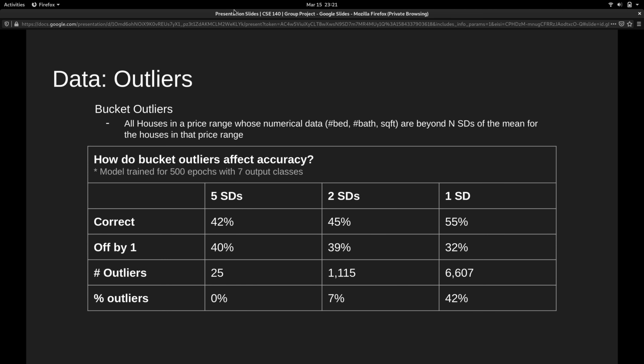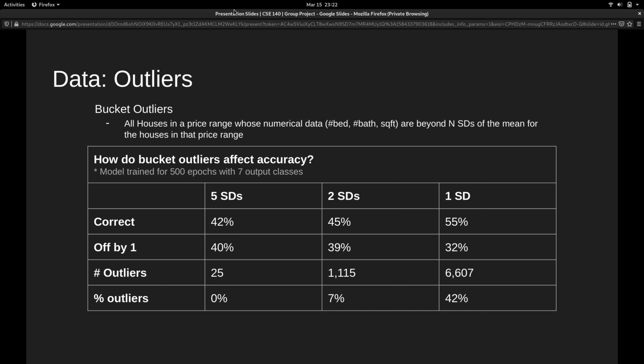And then our data was pretty noisy, and there were a lot of entries that didn't fit the price ranges that they were categorized at. So for example, if you have a house that costs $1.5 million but only has one bedroom, it's going to be really hard to use that. So we looked at finding the mean values for each price range and then throwing out all of the houses in that price range that were substantially far away from the mean number of bed, number of bath, and square